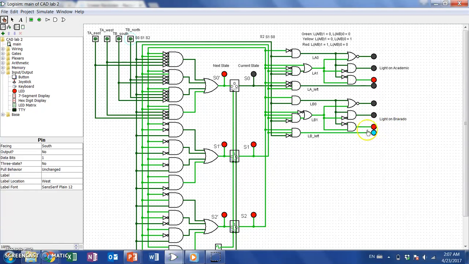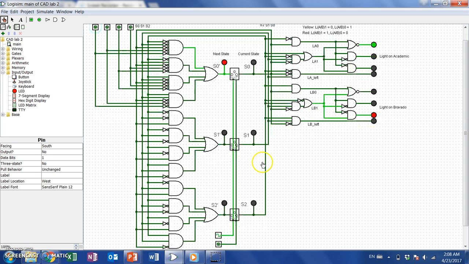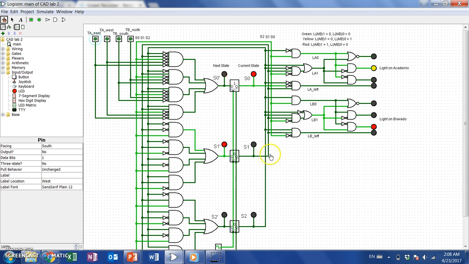Cars from Bravado can now turn to Academic, and if there are any cars that want to make a left turn from Bravado to Academic, then the sensors on Academic will detect moving cars, and letting the simulation run, it'll stay in this state since there are still cars moving on either side of Academic from Bravado. And when there are no more cars, the light on Bravado will turn yellow and then red, and we're back in our first state. So I'll just let the simulation run, and that's pretty much it for my